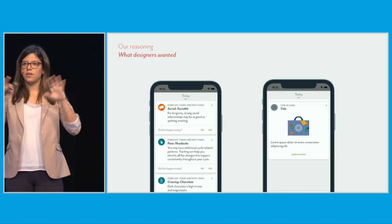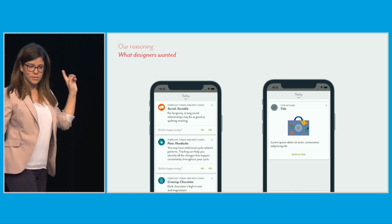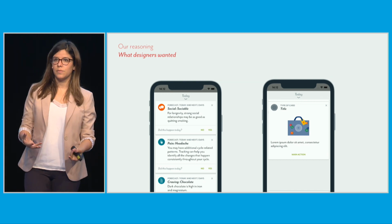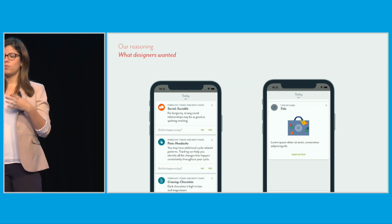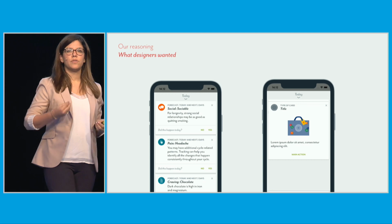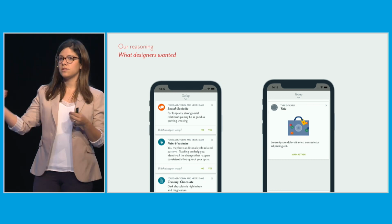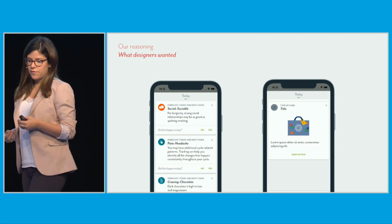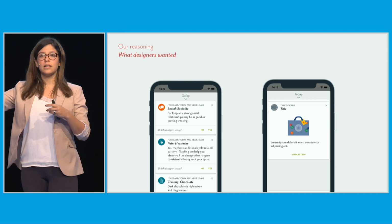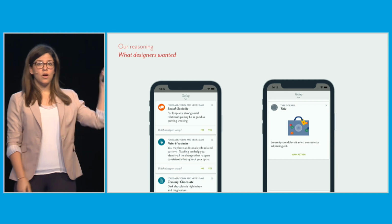So let's take you to the process of how we decide to do this. What you see to the left here is a feature that we call the forecast. What we're trying to do at Clue, as I said, is help people know their bodies better by providing insightful information related to the symptoms they have tracked in their cycles. For example, if you have tracked that you're sociable or you have a pain, and it's related to your cycle and it's cyclical, we will show you this relevant information in what we call our What's New